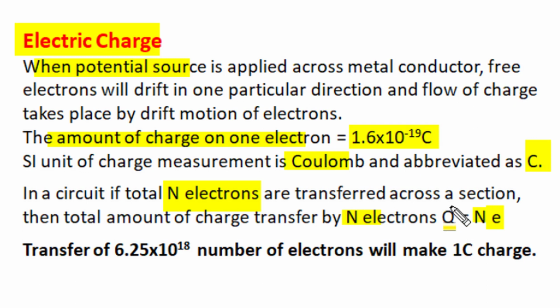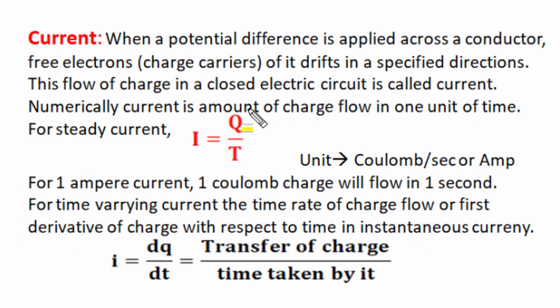And if the number of electrons drifted across any section is 6.25 into 10 raised to power 18, a huge number, then that number with the small amount of electronic charge will make 1 coulomb charge. So the charge of one electron is very small, but the number of drifting electrons could be huge, and they can make a good amount of charge transfer by this drift movement of free electrons in metallic conductors. In current electricity,